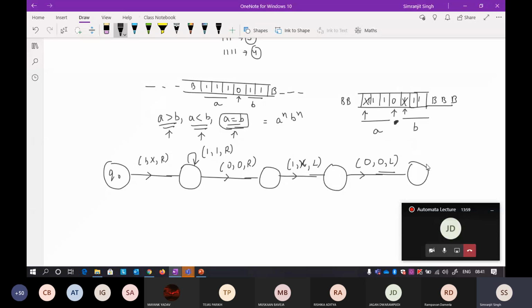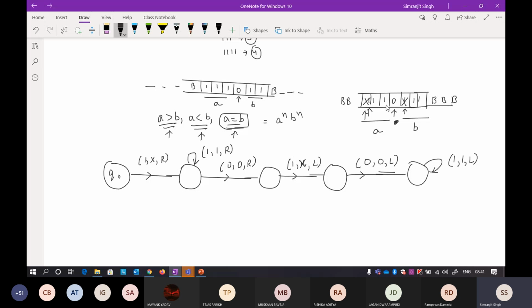Okay, so now when you see your ones, keep the ones as it is and keep moving left. Now you will get here. Now there will be your starting x here. Now when there is an x, you have to reach till here and you again have to move towards the right of it. Okay, so when there is an x, now again you have to repeat the same procedure.